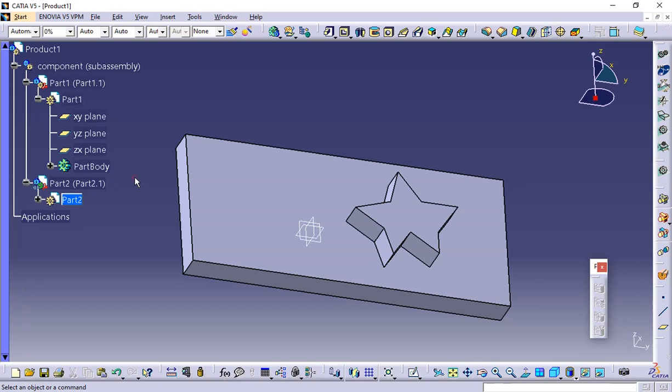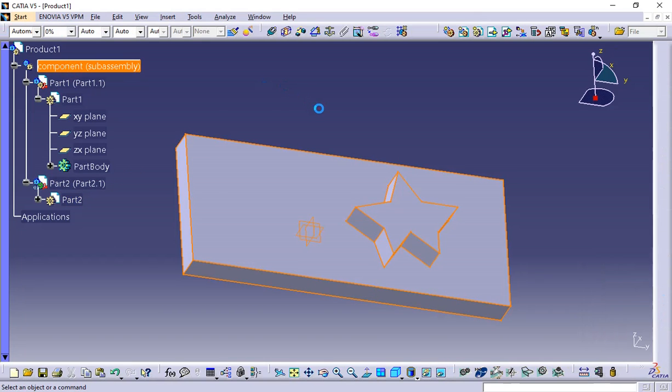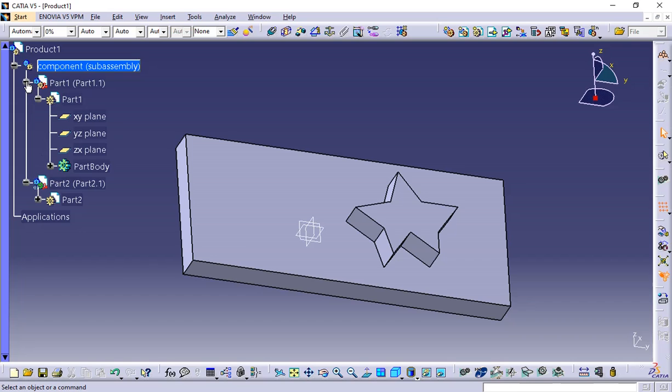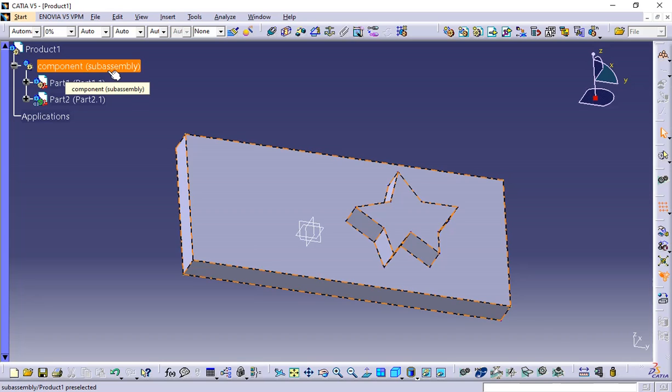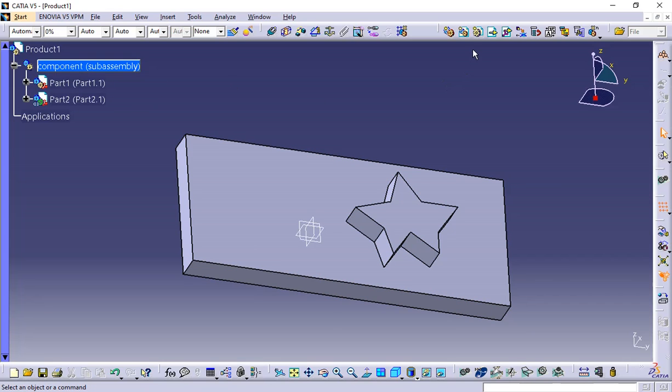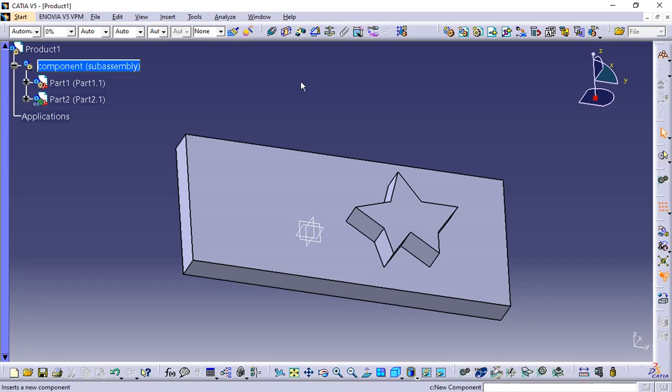So just click on the subassembly again. So we created 2 different parts in a subassembly using the component subassembly, whereas in the earlier case we created a subassembly using this product subassembly, whereas in this case we created a subassembly using the component subassembly. So if you try to save this,